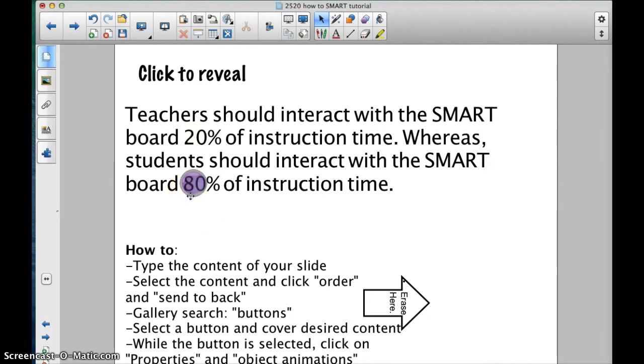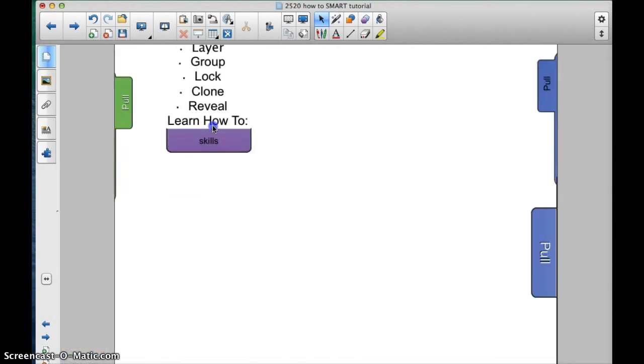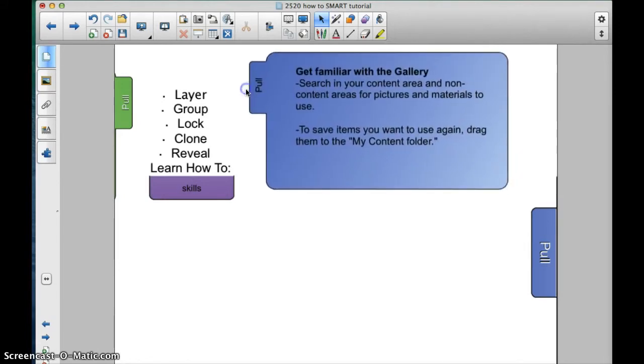meaning that the teachers are truly the facilitators of the learning, leading students through the content with the utilization of engagement with the Smartboard. And just implementing buttons such as that, or even tabs like I have included here, those are simple ways to engage students in the learning and the content. And after watching some of these tutorials today, we're hoping that you'll feel comfortable utilizing a few of these reveal